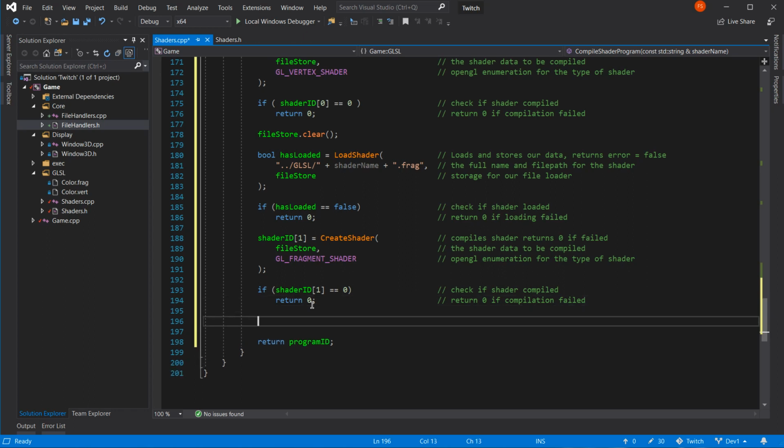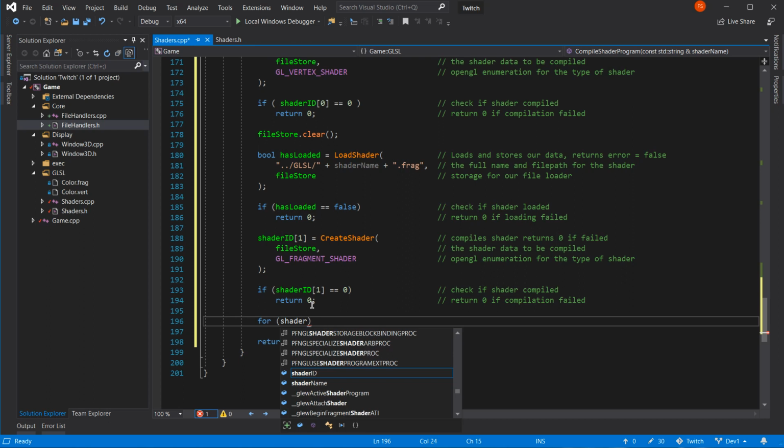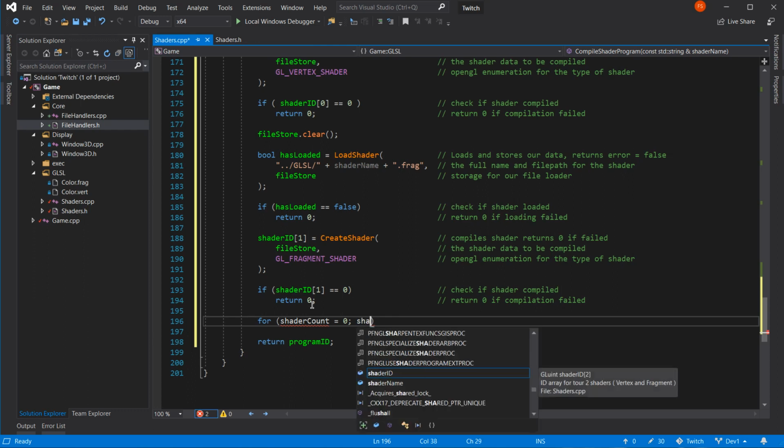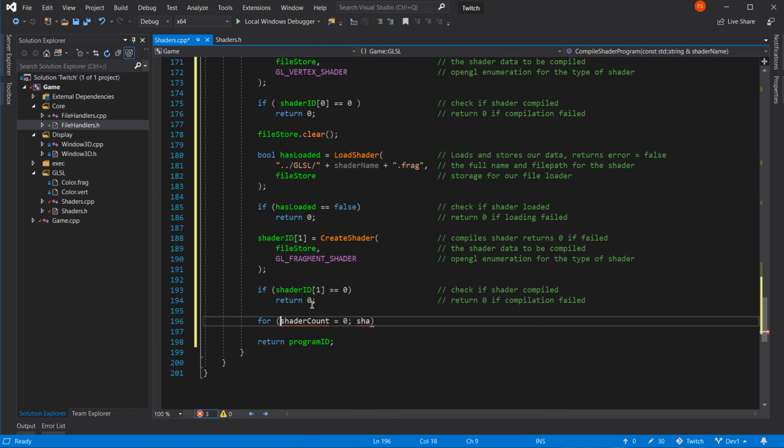Alright, let's do a for loop. It's shader count equals 0. What do I need it as? I'll just have it as an int.